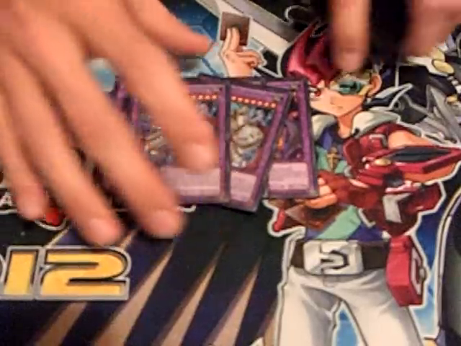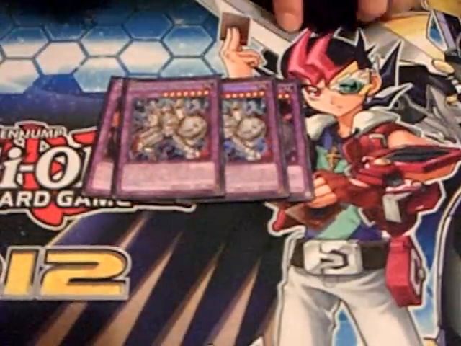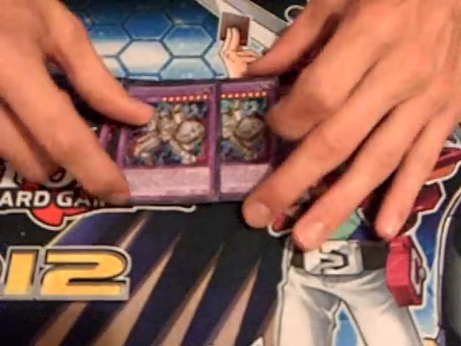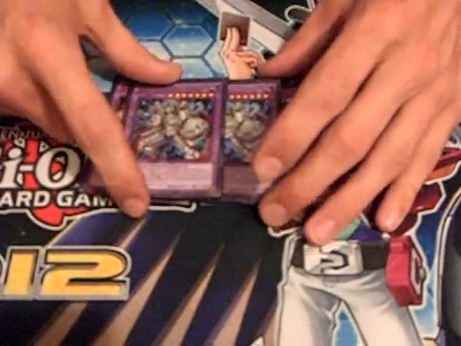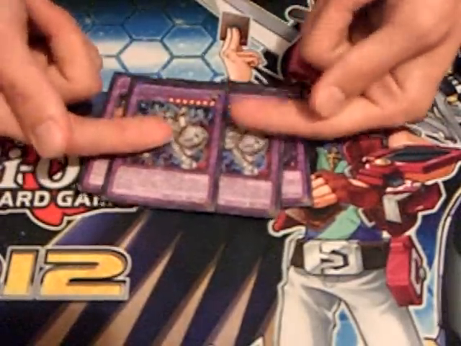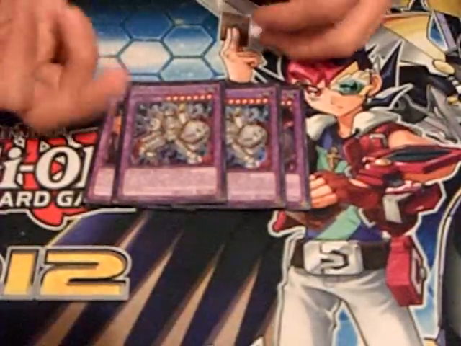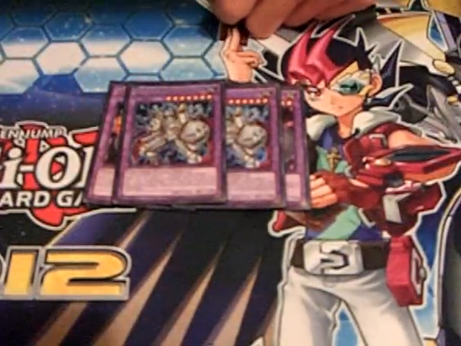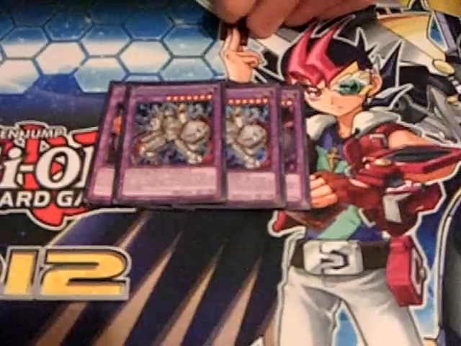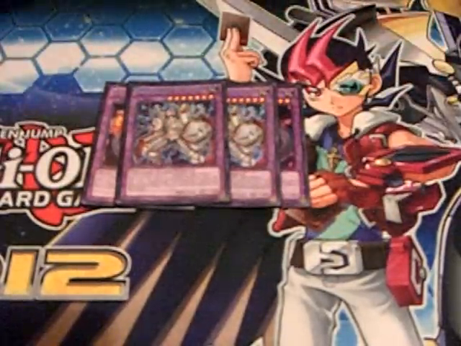We got 2 Gem Knight Prismaras. Prismara is actually really good. I like Prismara. There's another Gem Knight build where you pretty much base around bringing this guy out and abusing his effect multiple times. Pretty much what his effect is, you can discard or send a Gem Knight card from your hand to the grave